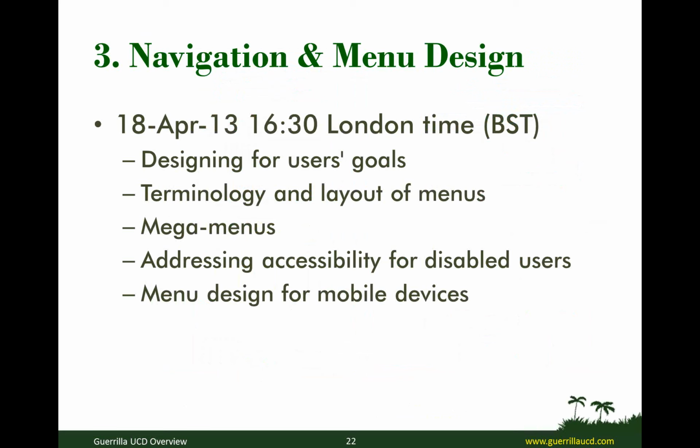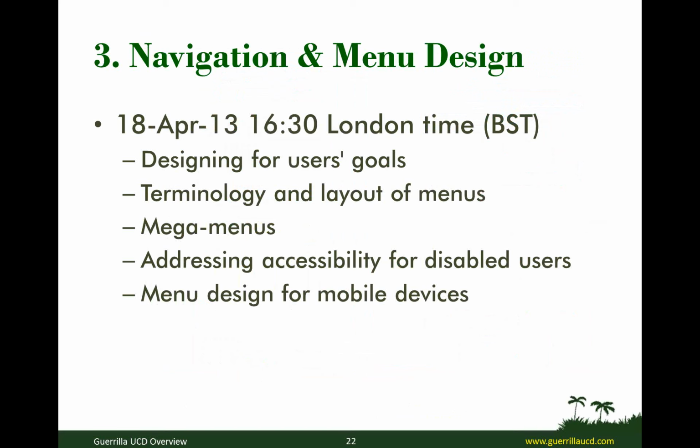Obviously, navigation is important in terms of getting people to the information or the features that they're looking for. So we find a lot of the time that we need to be focusing on users' goals, and that's one of the first topics we'll be talking about. We need to talk about the terminology that we use in menus and where that comes from, and we will be talking very briefly, or mentioning at least, card sorting here, but we have another more detailed session on card sorting a bit later. We'll be looking at good use of mega menus, these very large drop-down or fly-out menus